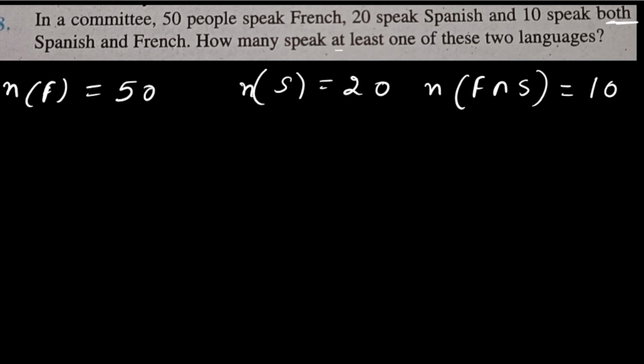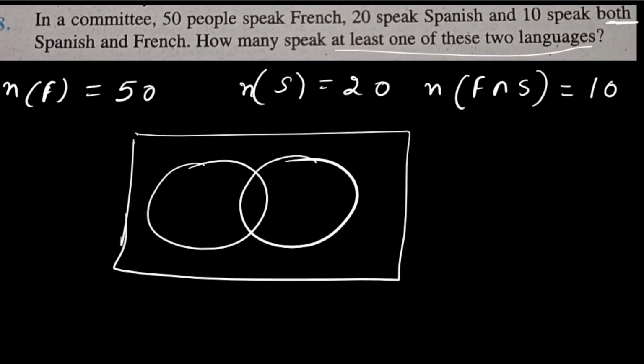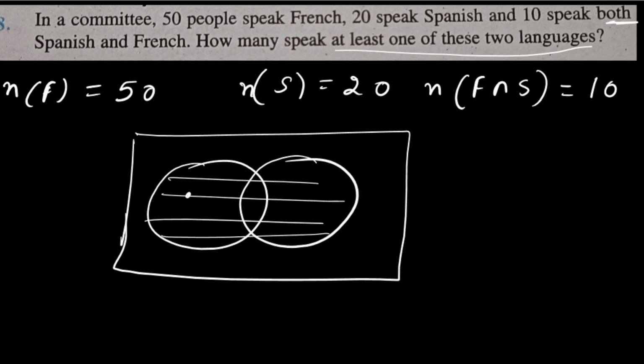How many people speak at least one of these two languages? Whenever you see this line, as in some previous questions also, that means union only. At least one of means all together, and all together indicates union. If this is a Venn diagram, and one person speaks any of these two languages, it will be this full part. Maybe one person is speaking only this. At least means one, but both also. So that means it will be union.